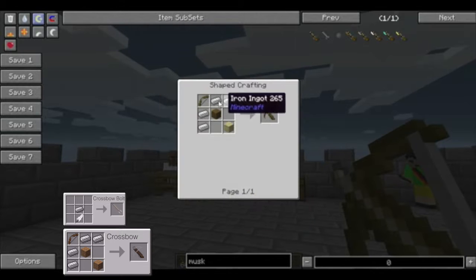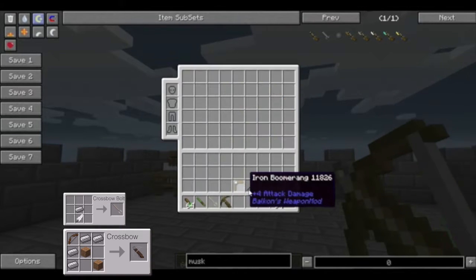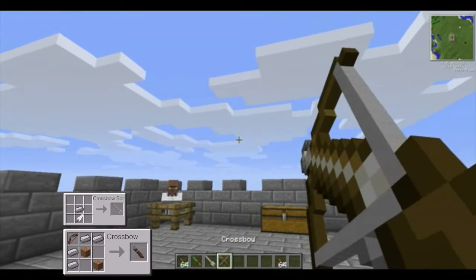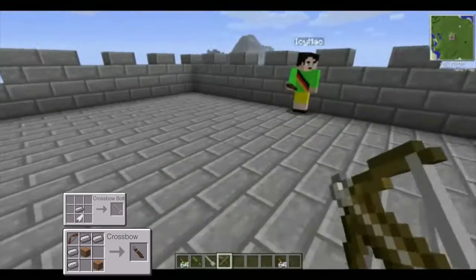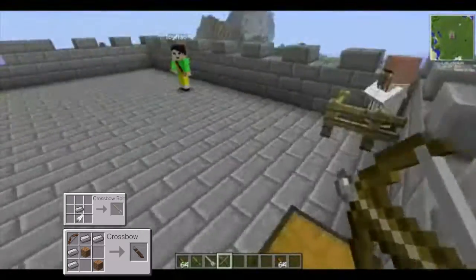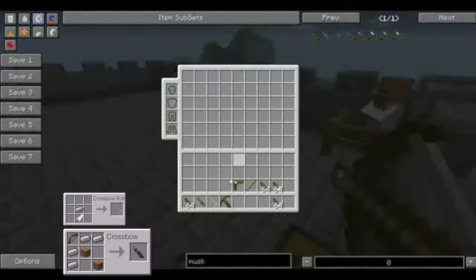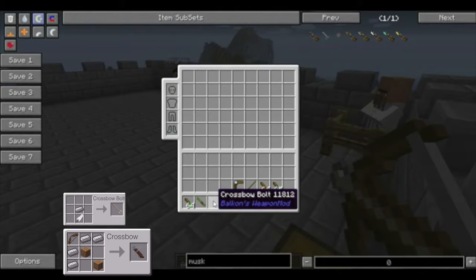Again, all of the recipes will be on screen in the bottom left, if I remember to. This is a recipe for a crossbow, and this is a recipe for a crossbow bolt. The crossbow should be loaded right now. It is. All right, Cormac, do you want to read out the statistics? Yes. What we're looking at: crossbow. The crossbow does 17 damage,